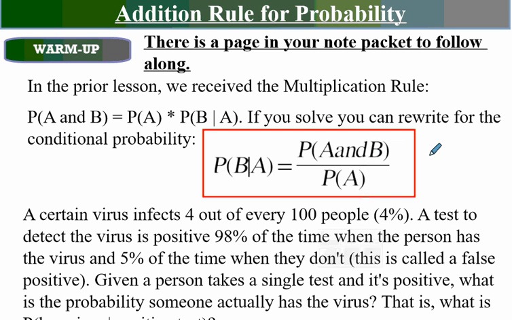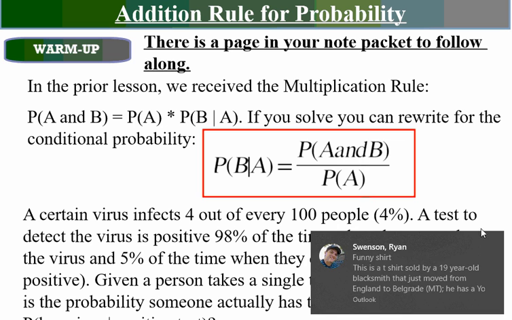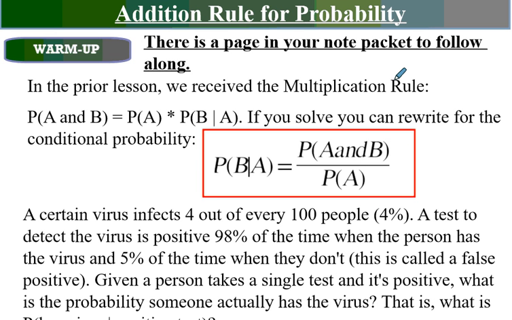Hello. In today's topic, we're going to be discussing what's known as the addition rule for probability. Before beginning that, I'd like to expand real quick on something that we discussed in the last topic, which was the multiplication rule. And really, the multiplication rule used inherently the idea of independent and dependent events in something